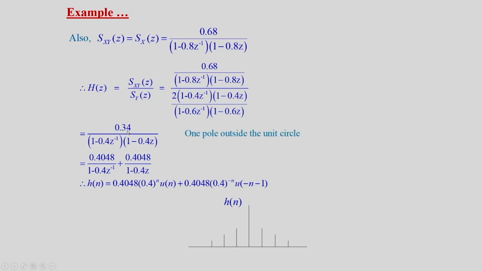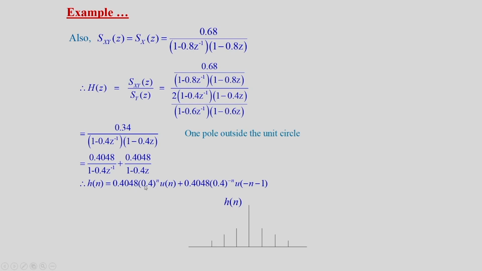So, 0.34 divided by 1 minus 0.4 Z inverse into 1 minus 0.4 Z. So, one pole will be inside the unit circle, other pole will be outside the unit circle. And this we can expand like this, 0.4048 divided by 1 minus 0.4 Z inverse plus 0.4048 divided by 1 minus 0.4 Z. And this part will give the causal solution, this is given by this,